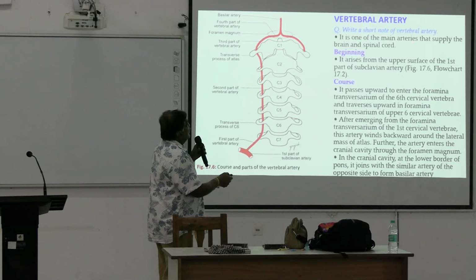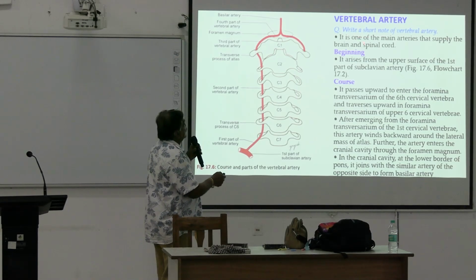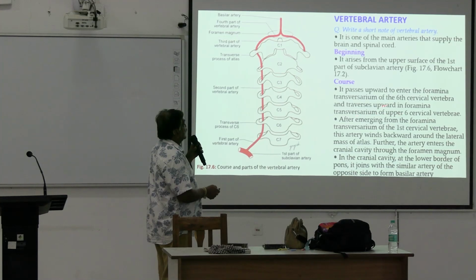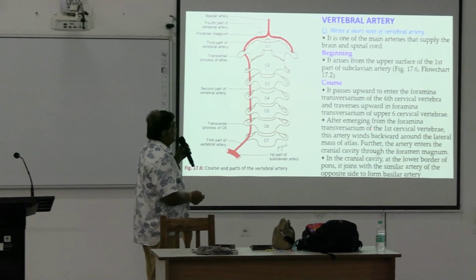It is one of the main arteries that supply the brain and spinal cord. Beginning: it arises from the upper surface of the first part of the subclavian artery. Course: it passes upwards to enter the foramen transversarium of the sixth cervical vertebra and traverses upwards in the foramina transversaria of the upper six cervical vertebrae. After emerging from the foramen transversarium of the